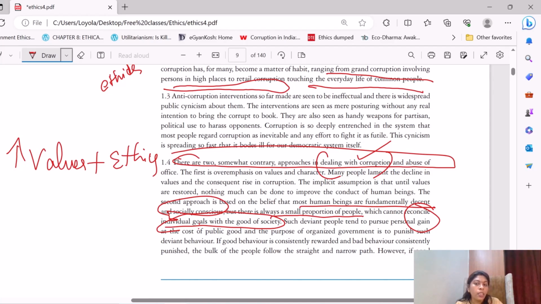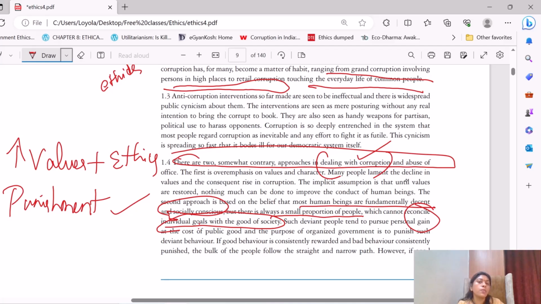So such people, who always try to get personal gain at the cost of the public good, have to be punished. If they are involved in this deviant behavior, strict action should be taken against them. So what happens now? It will create an impact on people's mentality. This is about the punishment which has to be given to the people who are deviating from their character, especially a public servant. We are talking about governance. A public official or public servant who is acting on behalf of the people has to always think on behalf of the people only. If they are not thinking on behalf of the people,